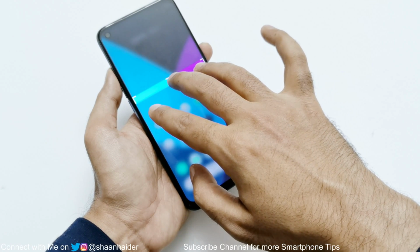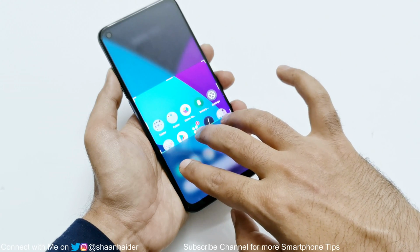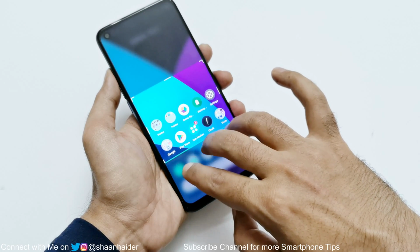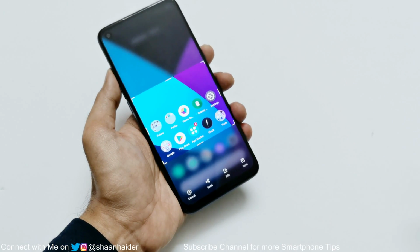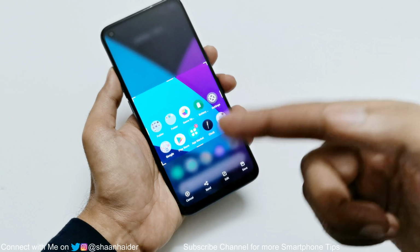And you can see now the screenshot is activated, the background is blurred. Now just swipe down like this using 3 fingers and just stop wherever you want to stop. For example, go up to this or this and move your finger. So you can see now the screenshot is captured, but it is not saved like the previous three methods that